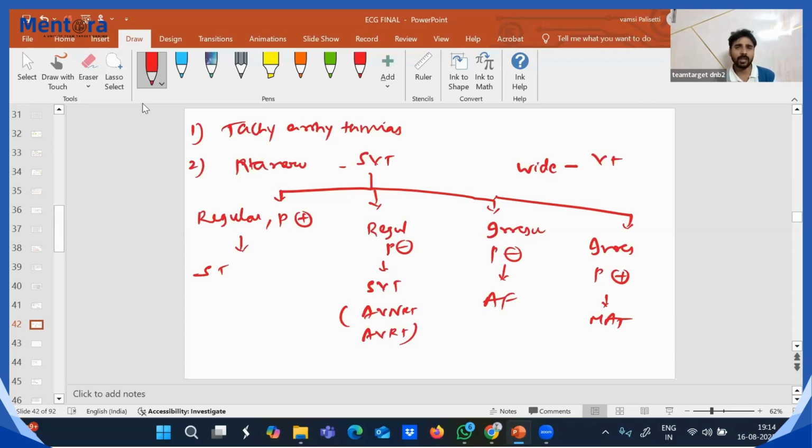So we made a basic small classification. If regular, P waves present: sinus. If regular, P waves absent: AVNRT or AVRT. If irregular, P waves present: multifocal atrial tachycardia. If irregular, P waves absent: atrial fibrillation. I think no one will have doubt in this. We discussed it extensively with examples in the previous class. Then one more thing is